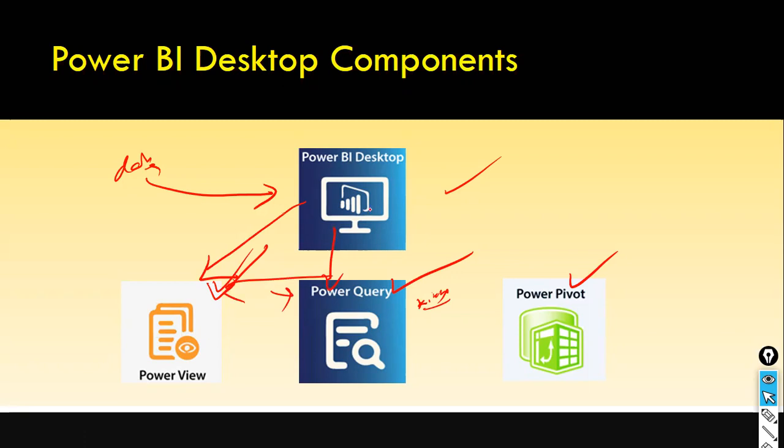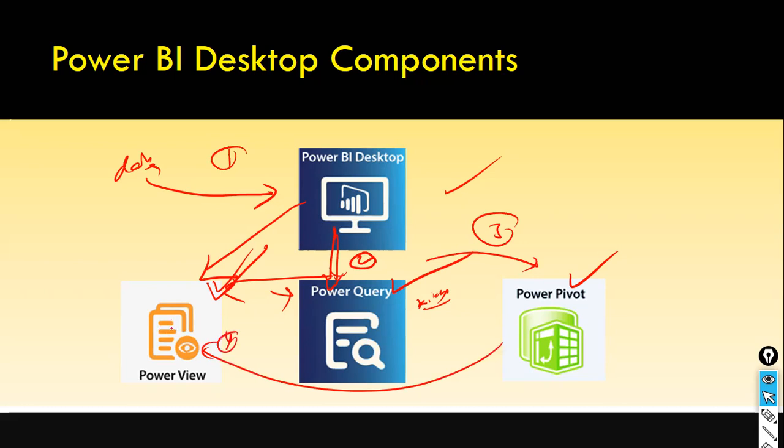Supposing you have more than one file available, multiple tables are there. In that case, you need to load all the data into Power BI Desktop. Next step is you need to clean the data. Step 1, load the data. Step 2, you clean the data. And then you do the data model design. This is specific to Power BI Desktop. And then you go and create your report. Only then will whatever data you see in your report be accurate. Yes, the report is available on time, but how accurate the values are in the report, that matters a lot.